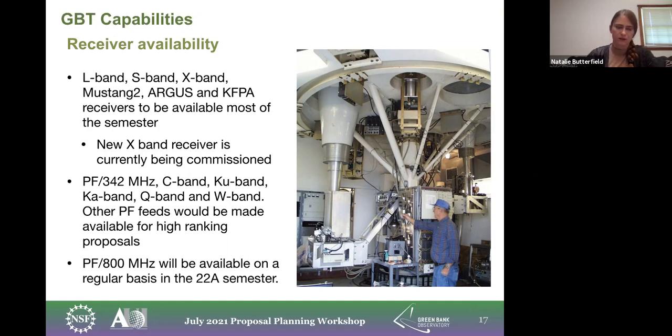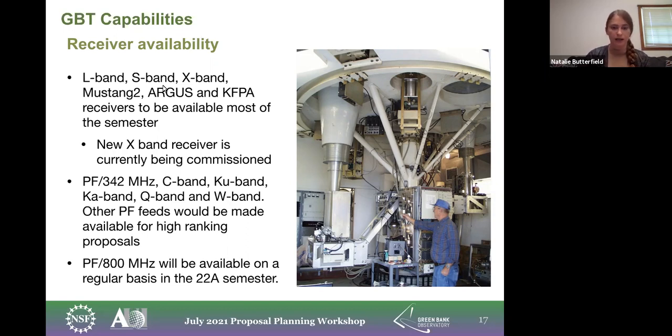Most of these are very common in a lot of proposals, and so they tend to drive the usage for these receivers. Or, for example, L-band and S-band are physically large receivers, as well as being very common for HI observations, and so those tend to be on the telescope